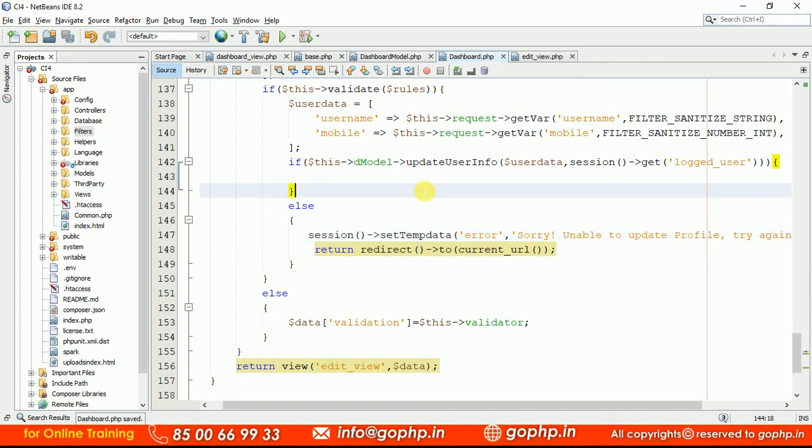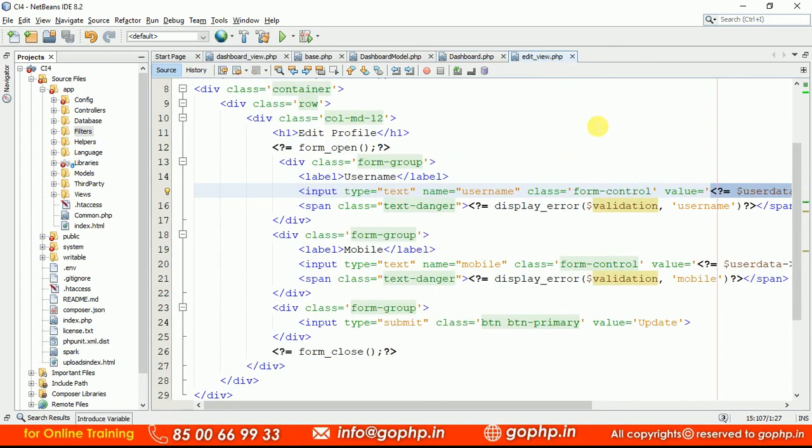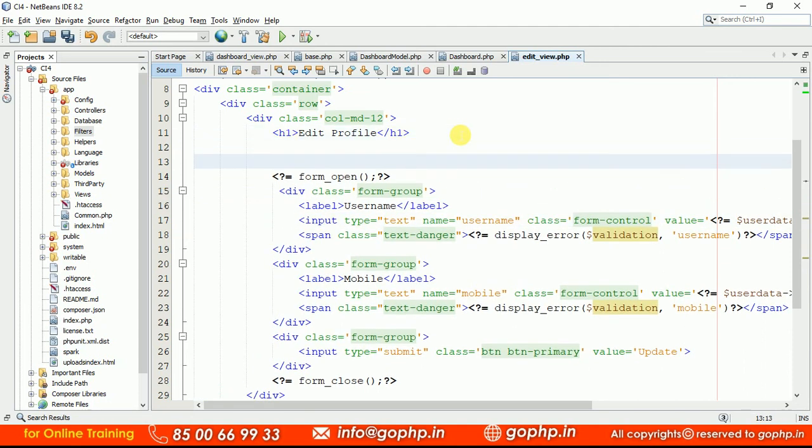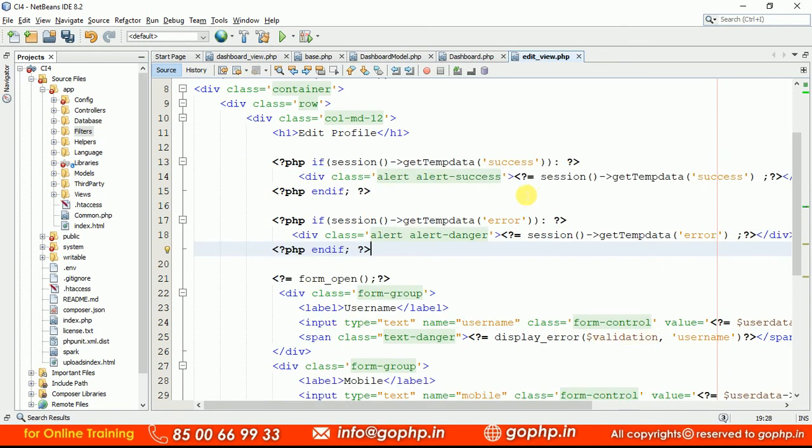If everything is okay, here I'm going to create a success message. We are redirecting to the same page. This is going to be a success key. I want to display a message, profile updated successfully. Let us remove this dummy message. Profile updated successfully. This is the message we are going to display, guys, if it is updated. After that, finally we have to display these messages also in the view, right? So let us display the success and error messages in the view. This is the success message if the profile is updated. If the profile is not updated, the error message is going to be displayed here.